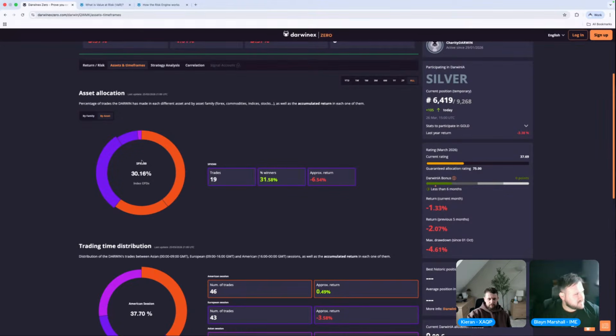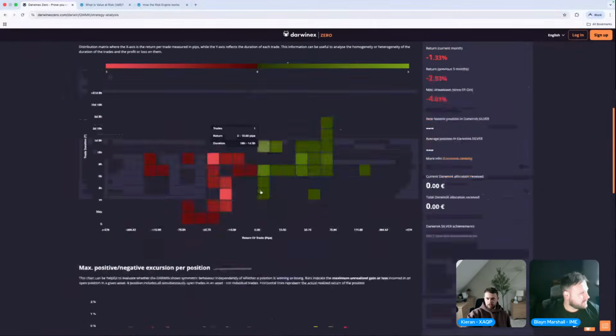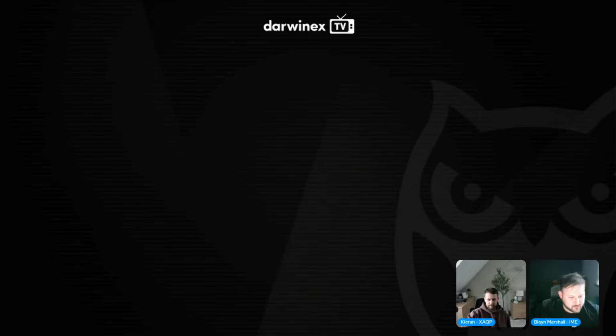It's just showing, do you see, Kieran, that the S&P is the reason that we're actually down on the charity Darwin there? That doesn't surprise me. And then it's all because of that. And if you see, this is the position here, you can see a maximum positive. So apart from that one trade, it would have been fine. It's interesting like that. So I just wanted to share that before you moved on. So I'll take that away from the screen.